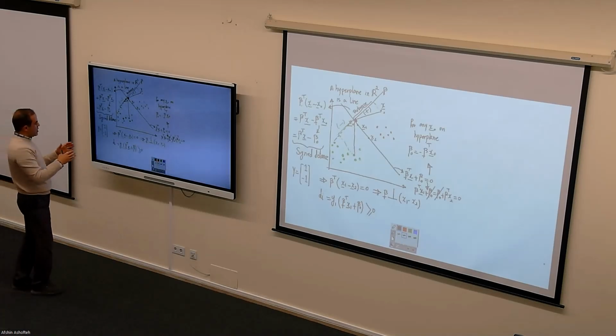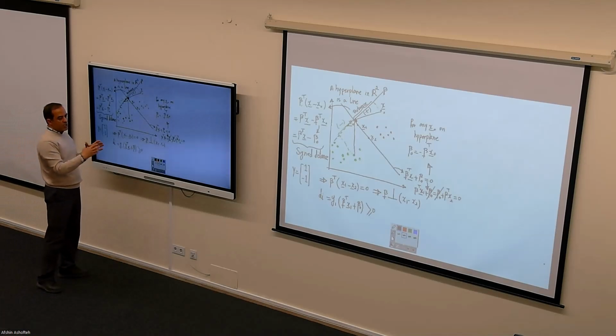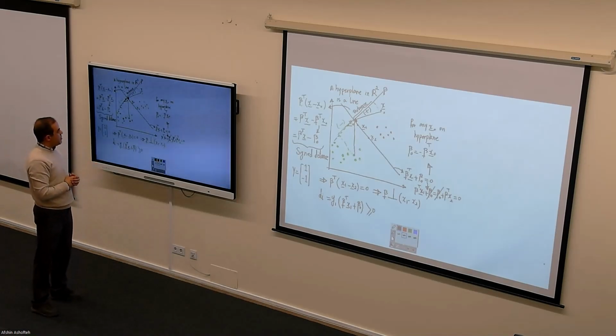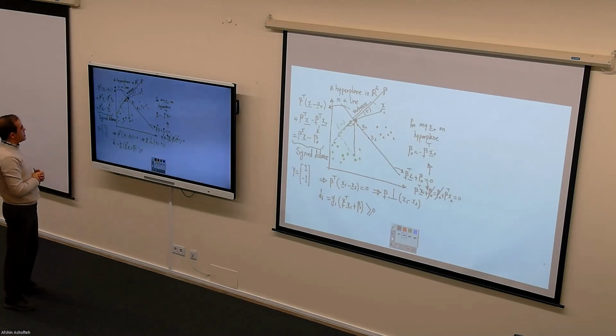So we have to consider this distance and use it as a measure to optimize our model to be the best model possible. So what we can do to find the best model, we can consider the number of misclassified